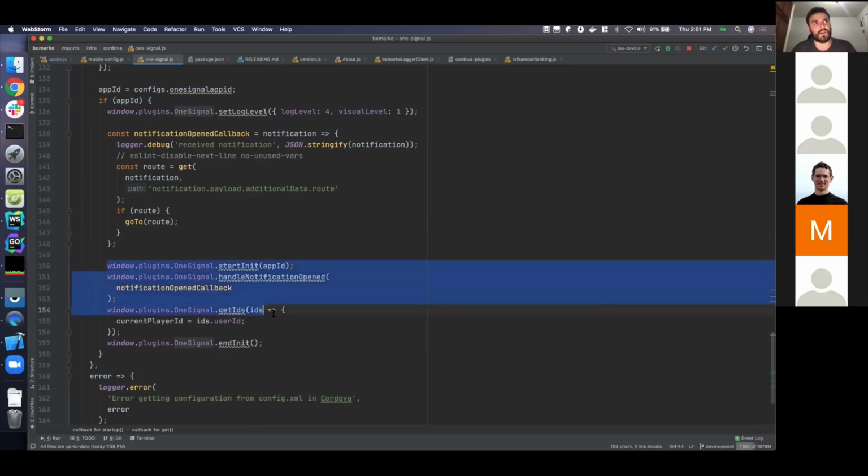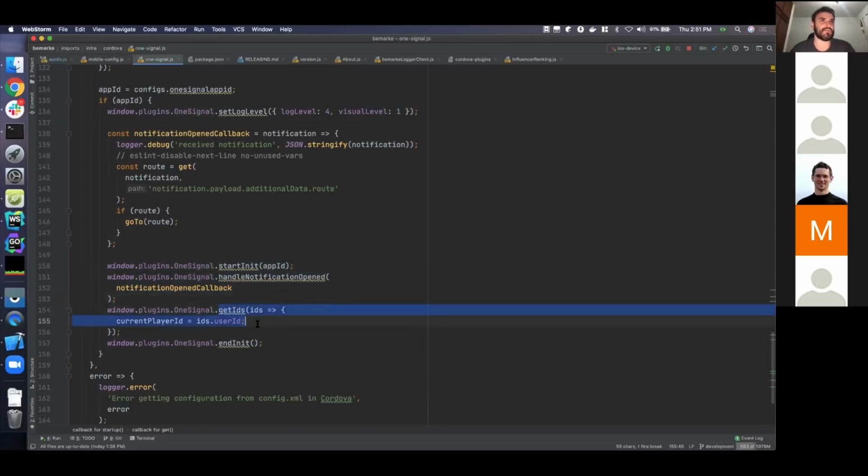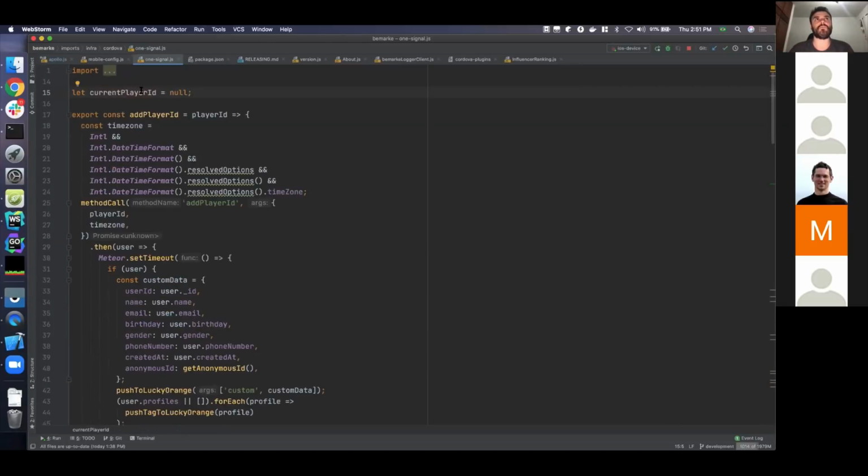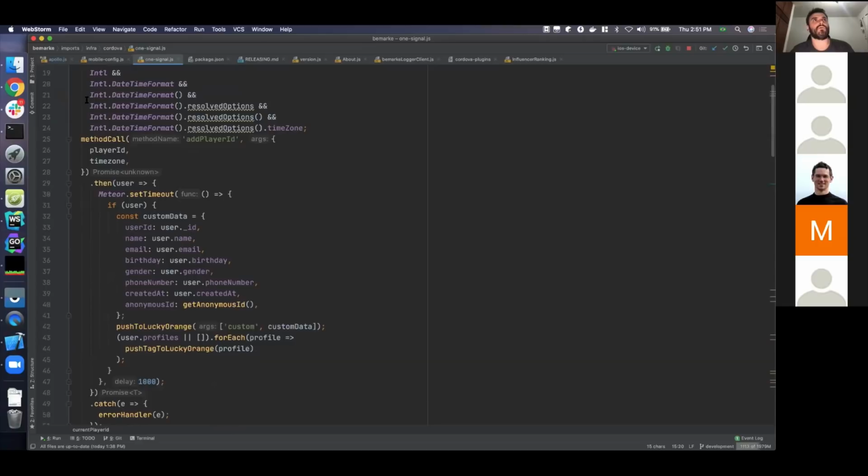And that's also boilerplate from Cordova, from the OneSignal plugin. I don't know, it's not good for me, but it's the way that you have it. And that part is also not very good because you need to get this value from this callback. But then I have another process in Meteor to authenticate the user. Then what I'm doing, I just write this in a global variable, and then on login,